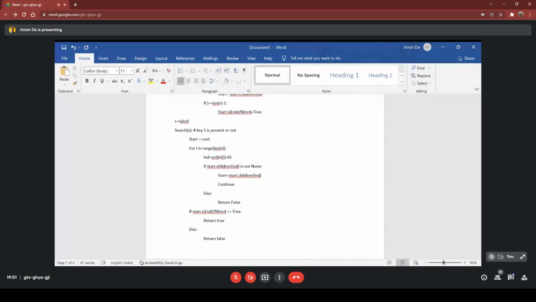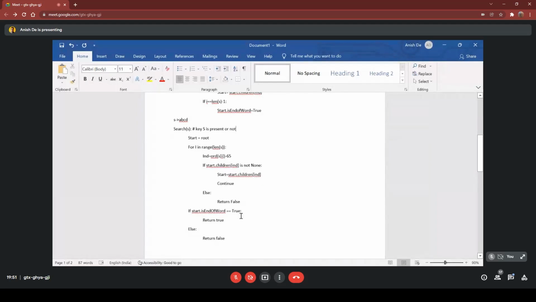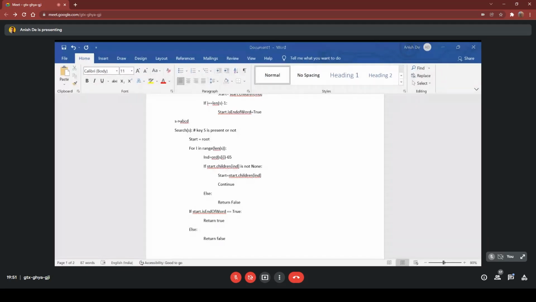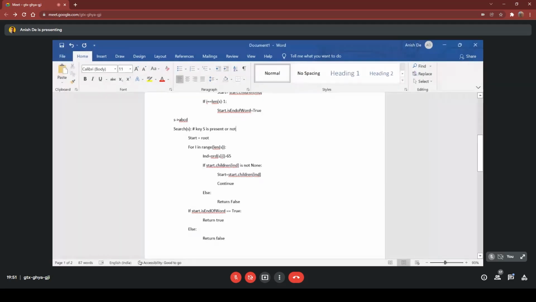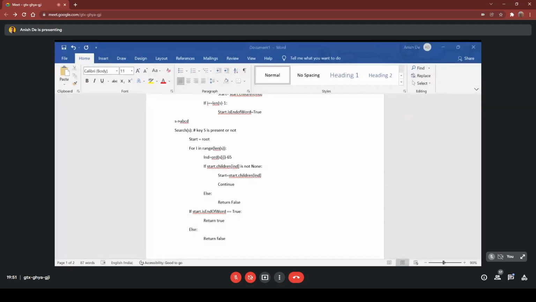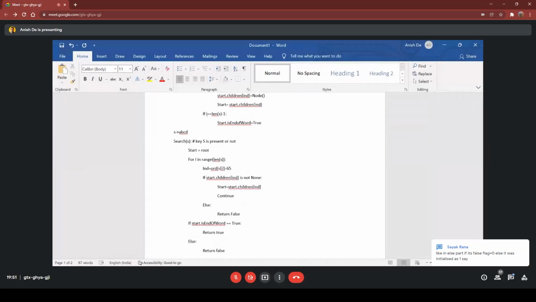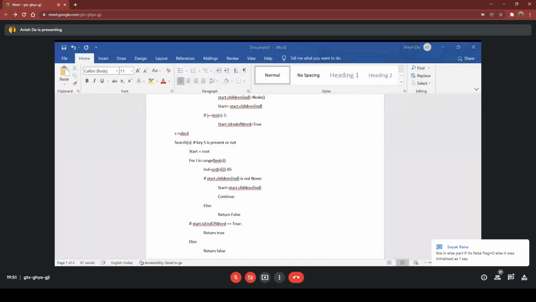What kind of flag do you want to use? For what reason you want to use the flag? Sorry, I didn't get it. Now, Shayok is asking, can't we use something like a flag?